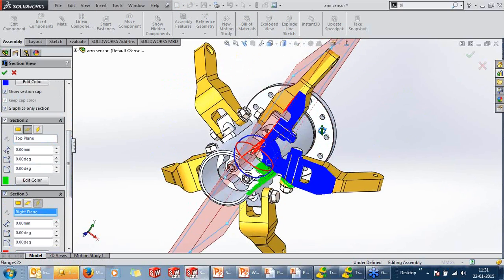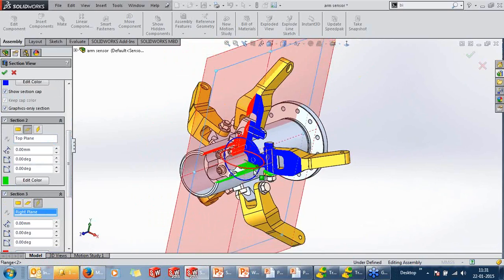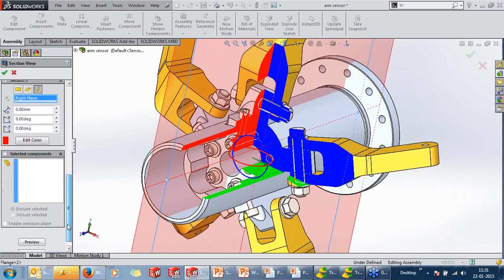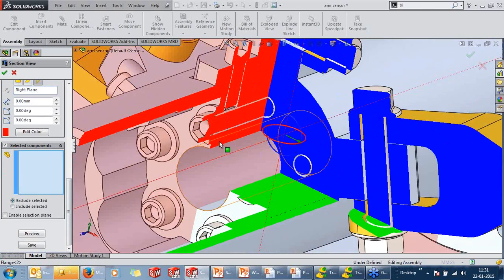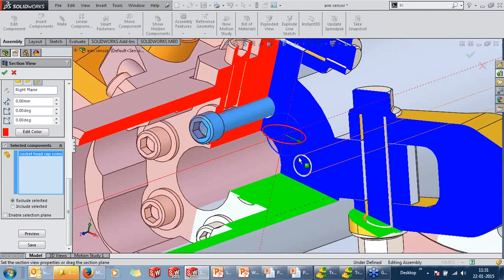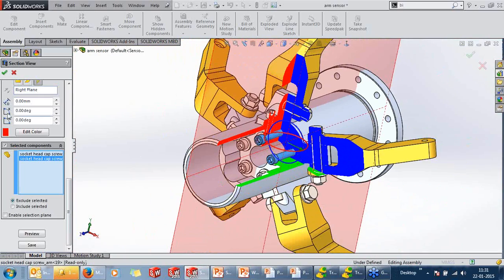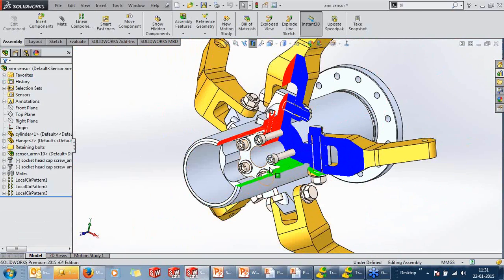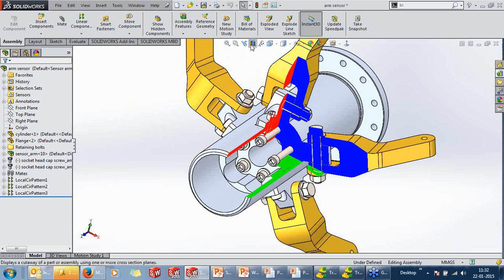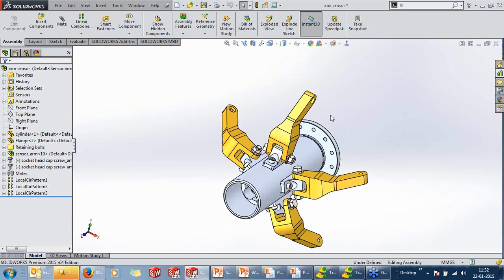So creating this sort of intricate sections is much easier and faster in 2015. Not only that, you can also exclude some components easily in 2015. So these are some of the enhancements in terms of sectioning.